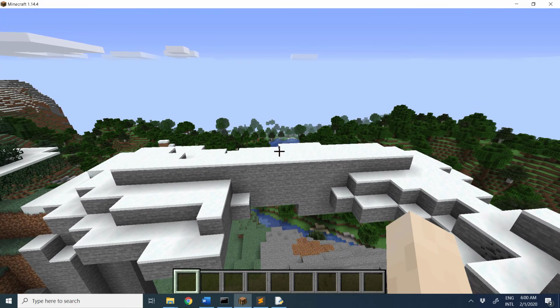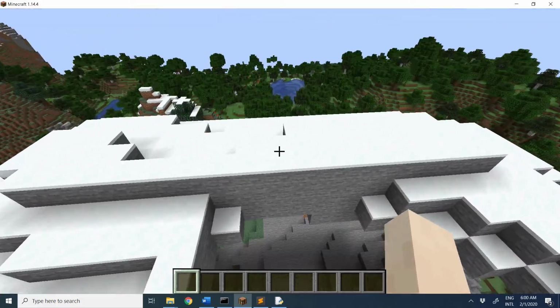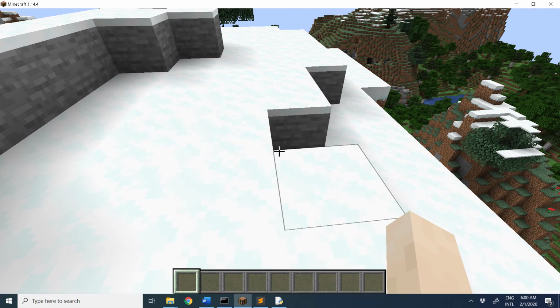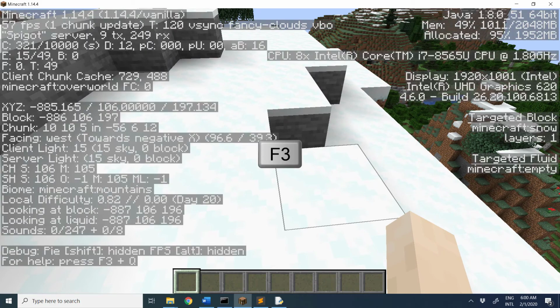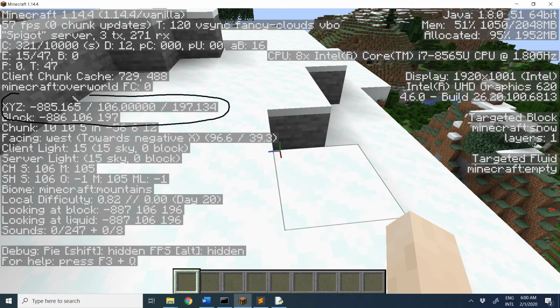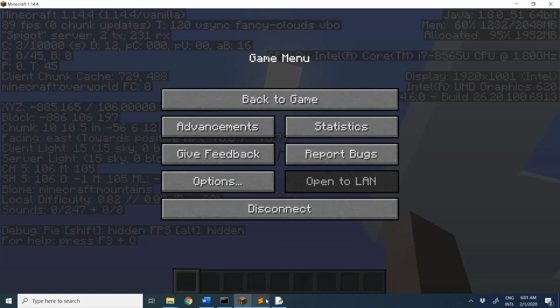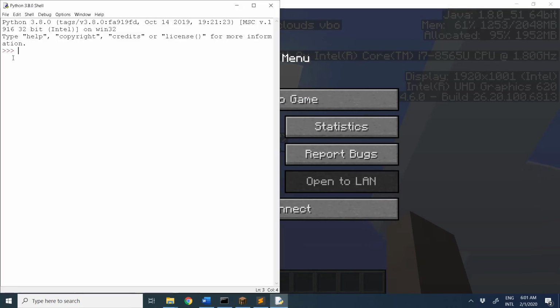So the next thing you need to do is determine the coordinates of this place. So I'm gonna stand on the bridge. Okay. I'm gonna press F3 and I will collect the coordinates. Remember, to collect the coordinates, you can check XYZ or block. Okay. So those are the coordinates. Don't forget that. So I'm gonna leave the game for a while, and I